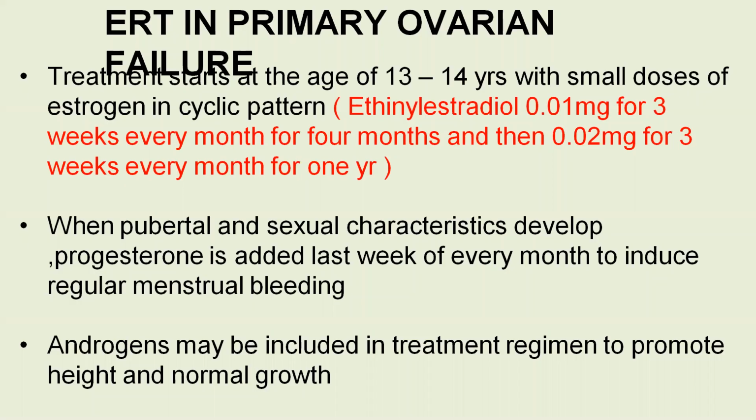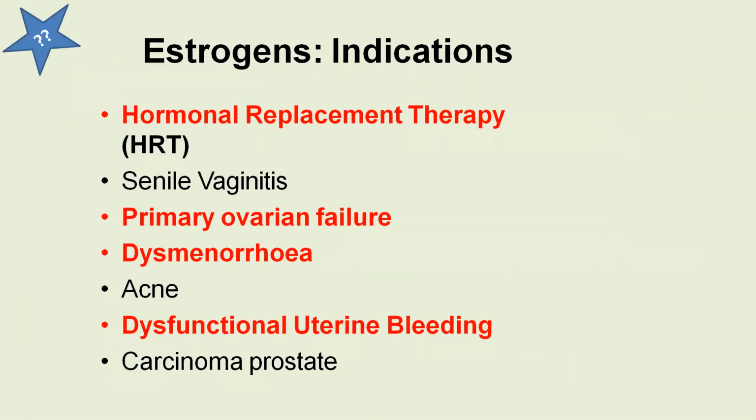See, the other uses are dysmenorrhea and dysfunctional uterine bleeding. So dysmenorrhea is when menstruation is associated with discomfort and pain. That is mainly because of an increase in prostaglandin release in the endometrium. So here the primary treatment will be NSAIDs like flufenamic acid or aspirin, but cyclic treatment with estrogen is given occasionally in some patients.